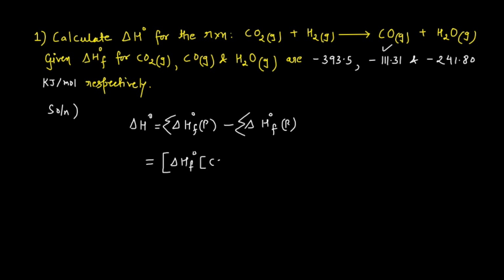So this is CO in the gaseous state, bracket close, plus your second product is H2O in the gaseous state. So you'll write delta H F standard for H2O gas. So this is for your products, and then minus for the reactants, which is your delta H standard F for carbon dioxide, in the gaseous state,